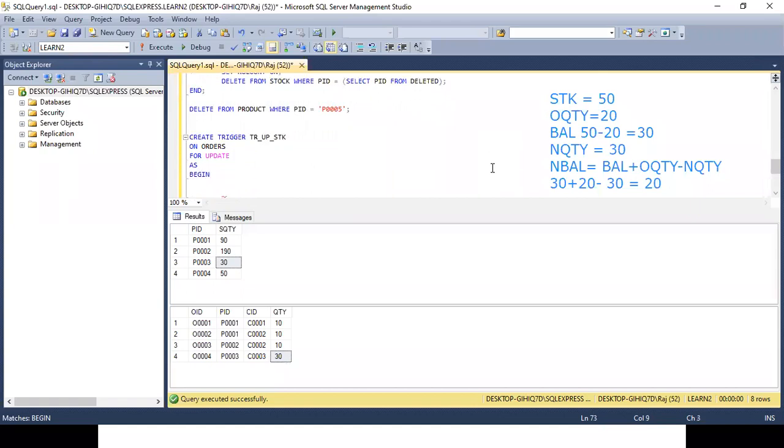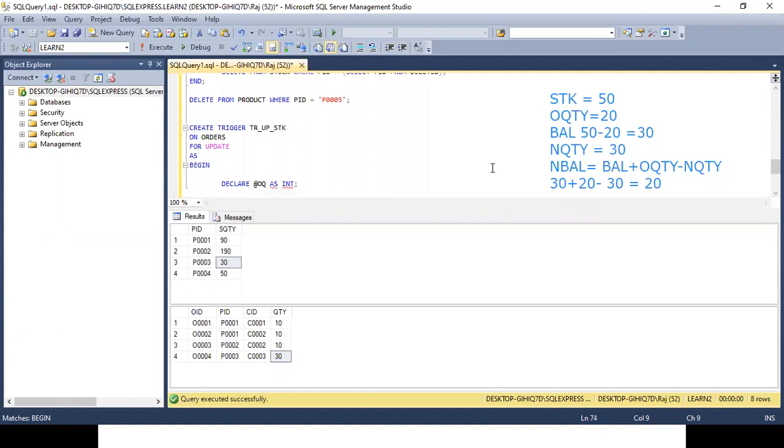Now I will try to replicate the same logic which I have given over here. So I'm taking a variable over here. Declare @OQ as int, declare @NQ, that is new quantity, as int.